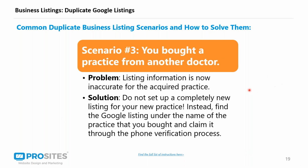Okay. Another scenario that might cause a problem is if you buy a practice from another doctor, right? In that case, the listing information is inaccurate because it probably has the other doctor's information, especially the other doctor's name. So when you buy, take over, or acquire a new practice, don't set up a new listing. Do your best to work with the staff, if they've already claimed that listing, to take over it and